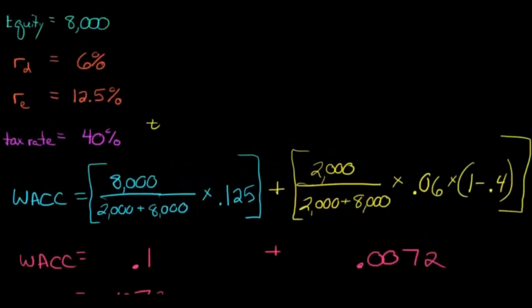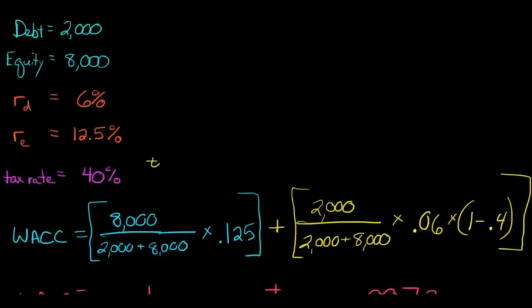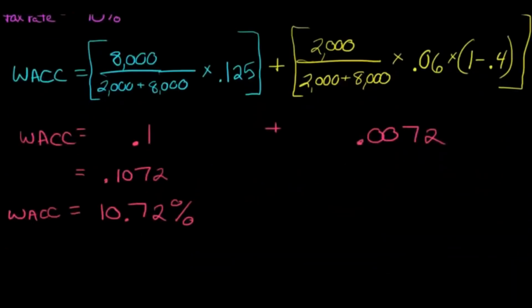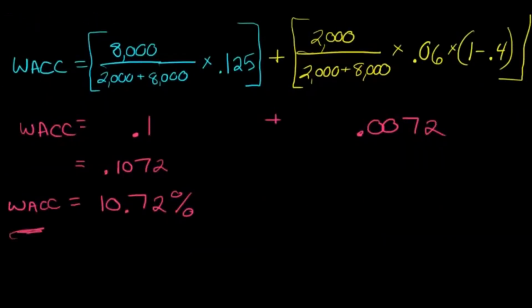Now let's go back here for a minute. If you add up 6% and 12.5% and divide by 2 to get the cost of capital, what you're getting is just the average cost of capital, because you're taking the debt cost and the equity cost and just averaging them. But we're not taking just the average, because we recognize that different weights should be assigned here, since 80% of our firm is actually being financed by equity. So more weight is given to the equity component of our cost of capital, and that's why we call it the weighted average cost of capital.